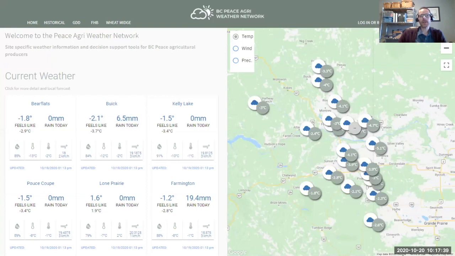So the website itself right now, and we've done some design tweaks in the last couple of weeks, so this is where it's going. It's really turned into a nice, aesthetically pleasing look in terms of being able to see the information fairly easily. You can get what you need in terms of either the basic information, map form, or viewing. But then we go into the decision support tools.